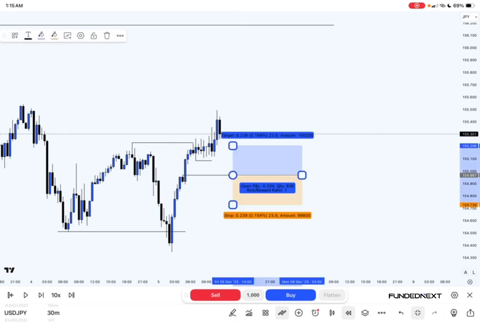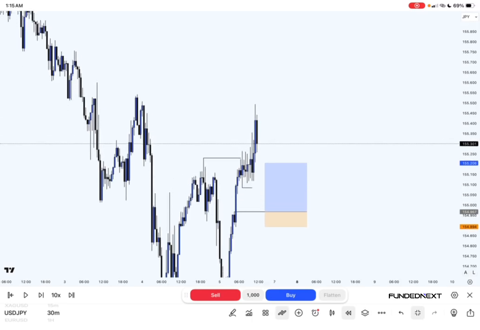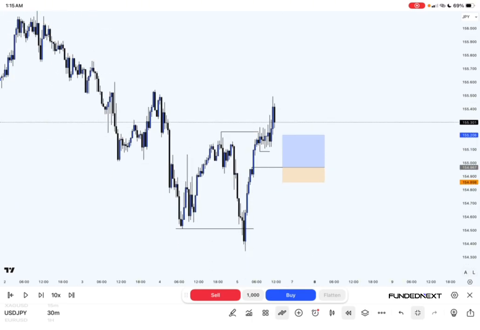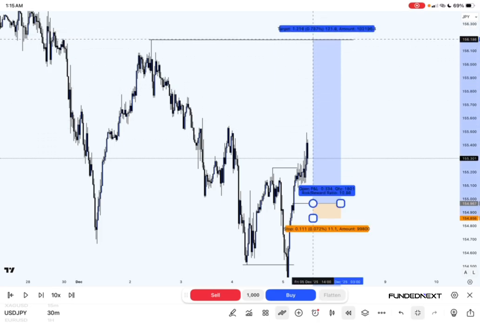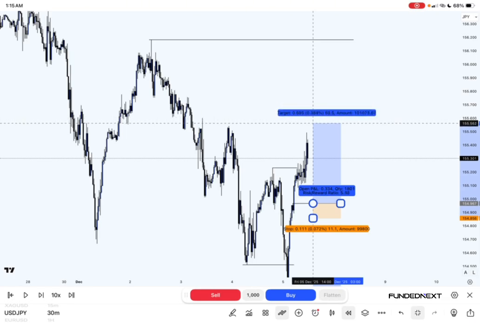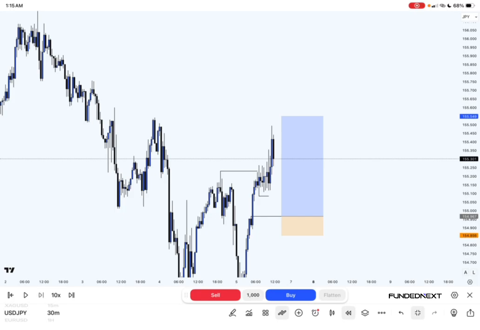Place our buy at this level, then place our stop loss right below those levels. I personally place my stop loss at this area, believing that should be a very strong invalidation point. Then I'm targeting buy side liquidity. As always, target my 1 to 5. Let's just keep that around there. And then once the price runs back into our point of interest,